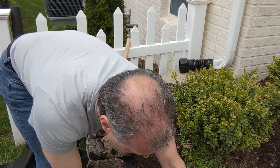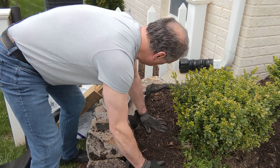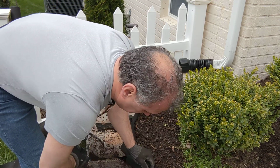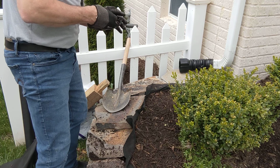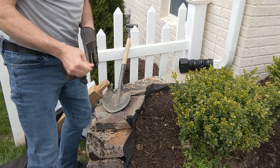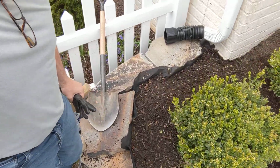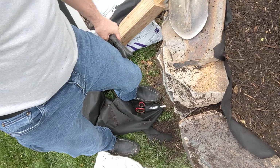The landscape fabric lets water through it. It would not redirect water, so I'll let this sit for a day or two, then I'll come back out and do a final trim. I'll show you what that looks like. That's 2 bags of topsoil and the mulch deinstalled and then reinstalled. Now it's back down to ground level and won't wash out through the wall where it used to wash out